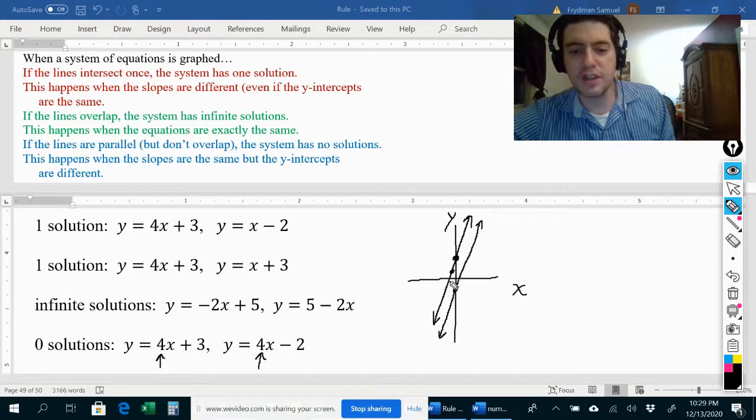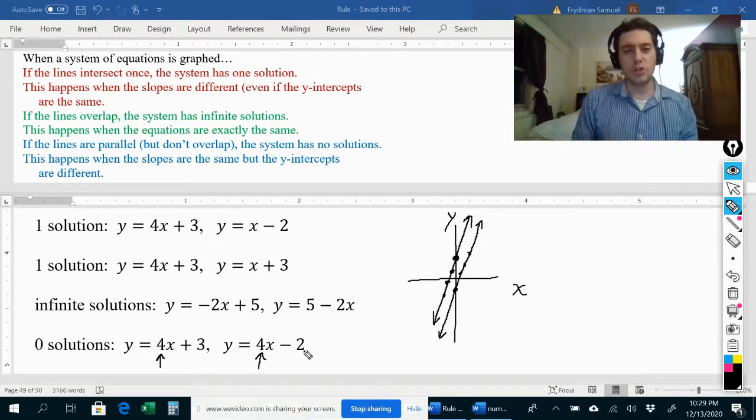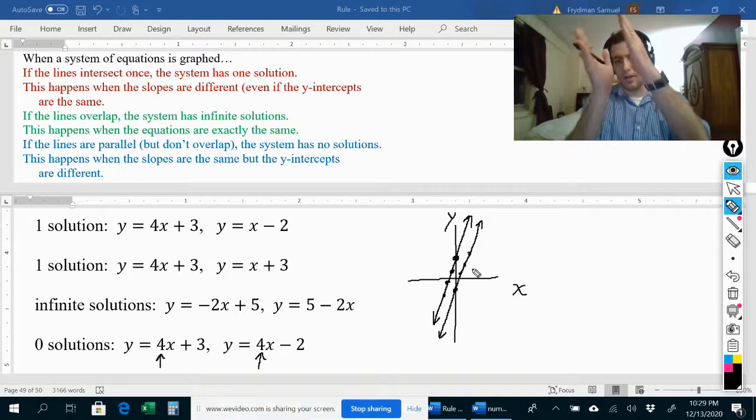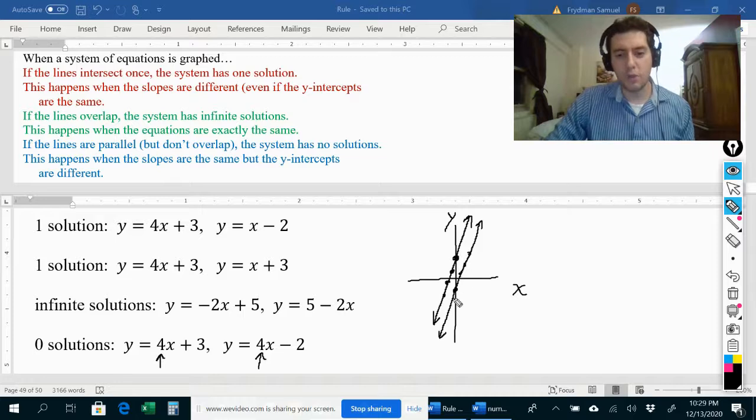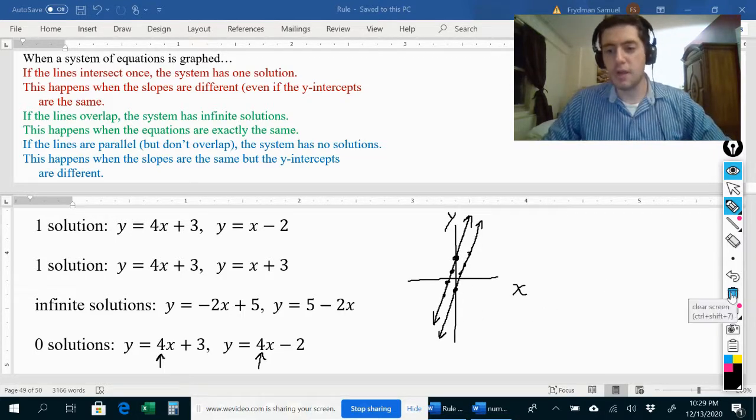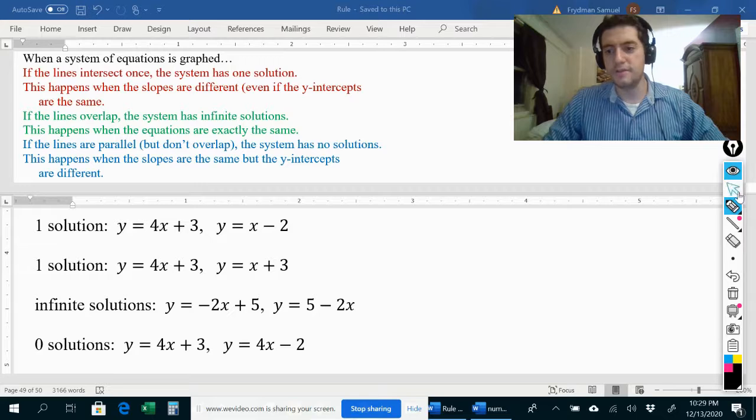Anything that's along this line is a solution to this equation, and anything that's along this line is a solution to this equation, but there are no solutions which solve both of these equations. And we can see that from the graph because the lines are parallel and they have different y-intercepts, so they're just not overlapping, right? Okay, and now